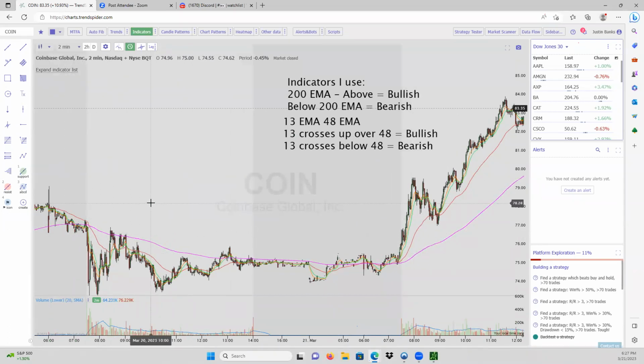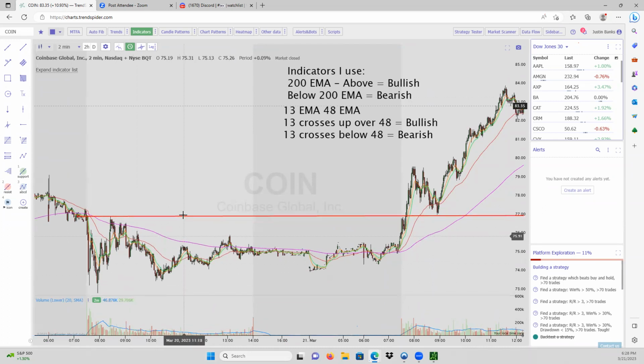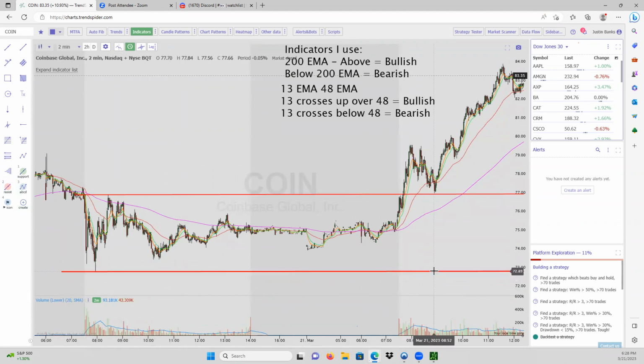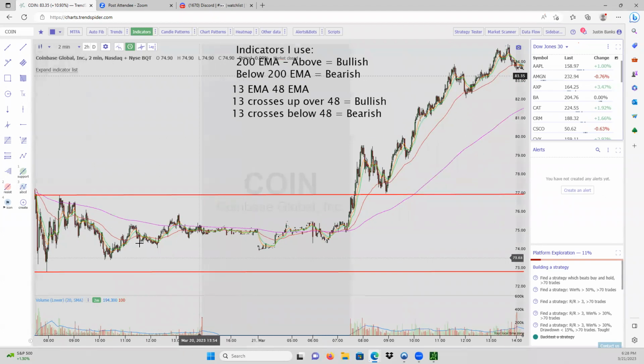So going back to the levels, like I talked about earlier, what am I going to do? Well, I'm going to mark my yesterday's high, sorry about that. Boom. Now I'm going to mark yesterday's low. And I use the wicks for this. I don't use the bodies because the true lows and the true highs are going to be on the wicks. And then I'll also